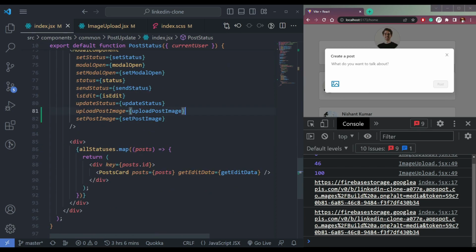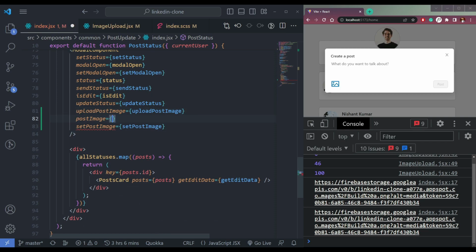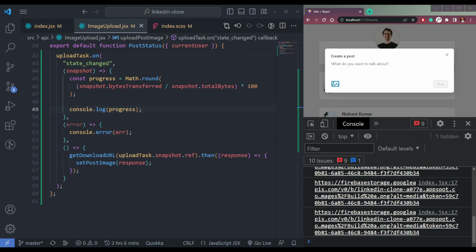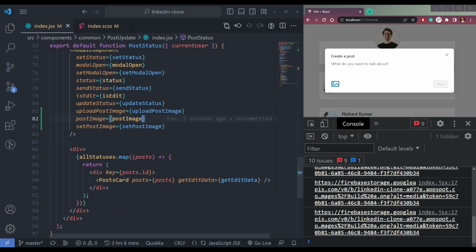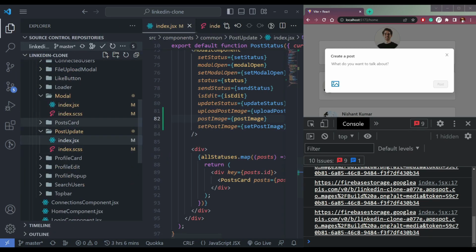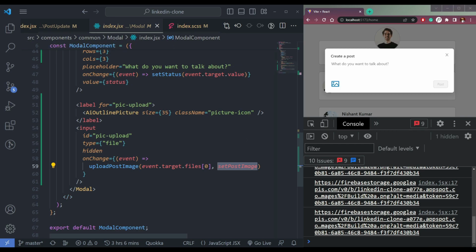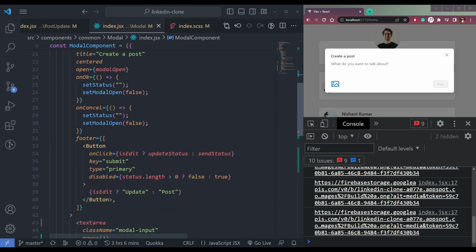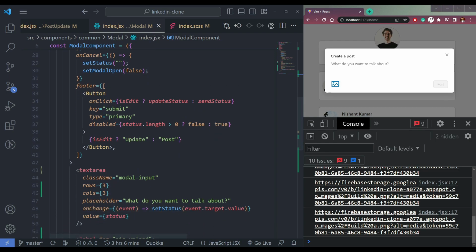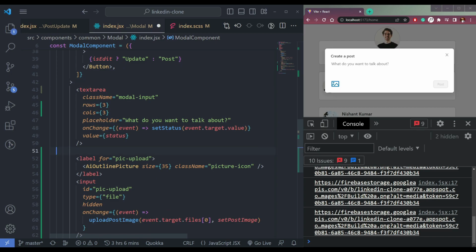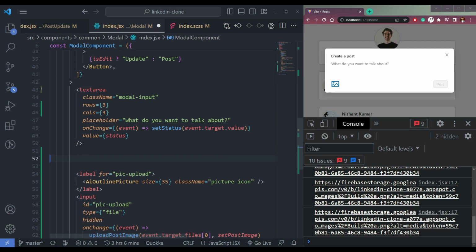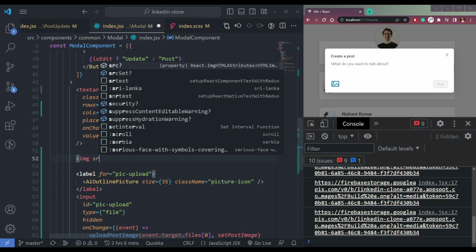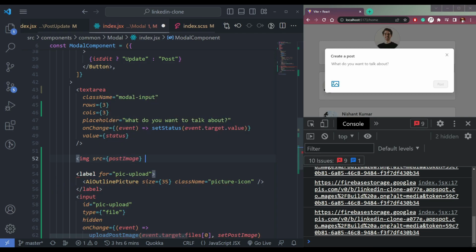So let me pass this as well in the modal component and come over here. I don't think we need that for now. Open the modal component file and get it here. Now add an image tag here. Let's do it after the text area and before the labels, the image upload file label. So say img src post image. Fine. Alt will be